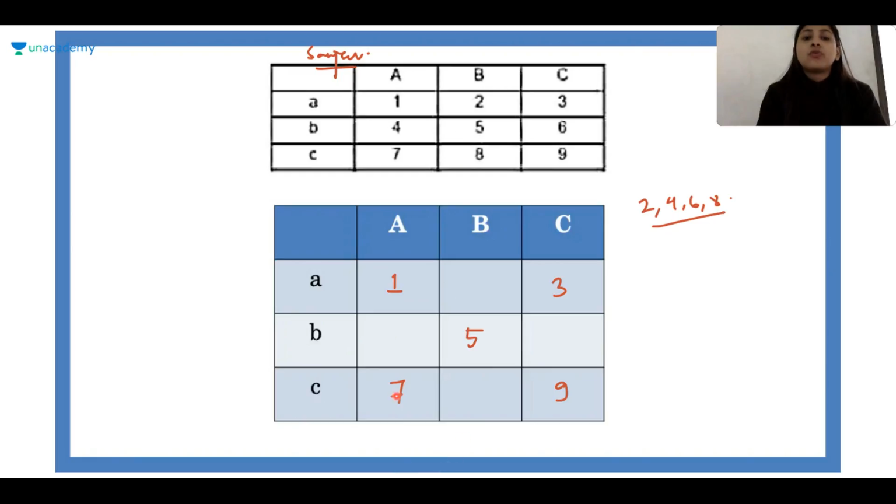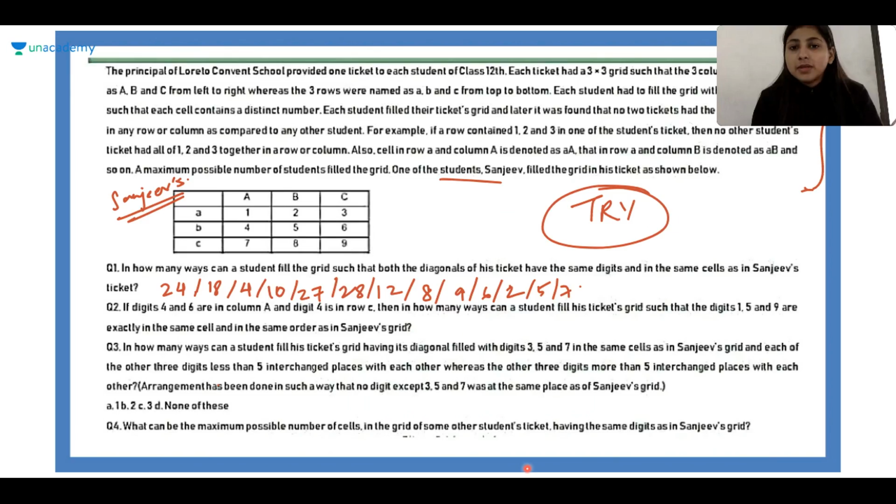Right? We cannot put 4 here. We cannot put 2 here. Cannot put 6 here. Cannot put 8 here. Or there are so many other things also that we have to check step by step. Okay, in combinations. So you could have manually solved it, done it easily and quickly and got the right answer. We'll see how. Should we start? Okay, those who are still seeing, quickly read the information.